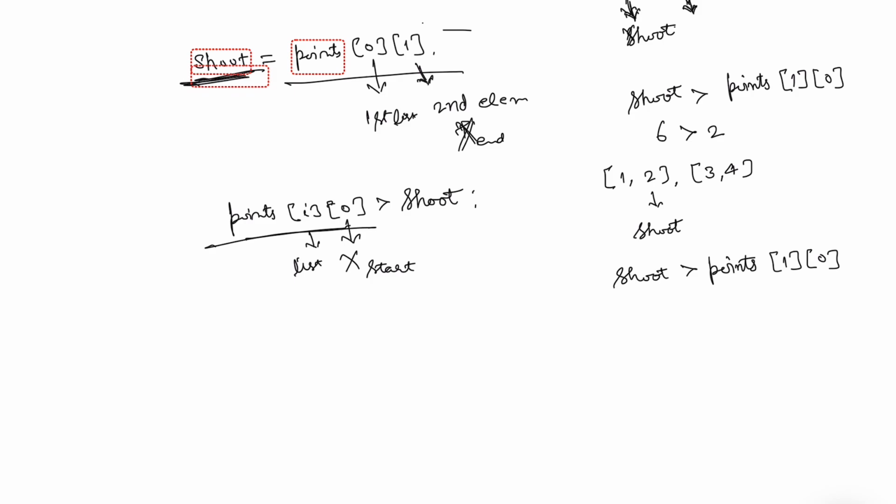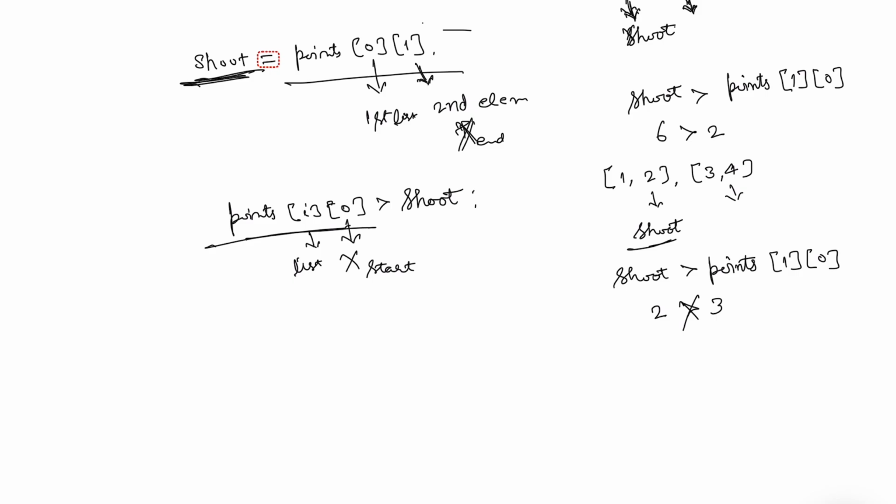See, shoot is 2 and is it greater than 3? No. So here again the next arrow will be required, because this shoot can't hit the next balloon, and we will update accordingly the shoot value with the next element's end position. So like this we will go inside the for loop and we have to compare